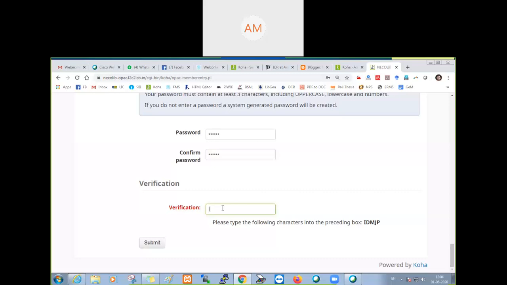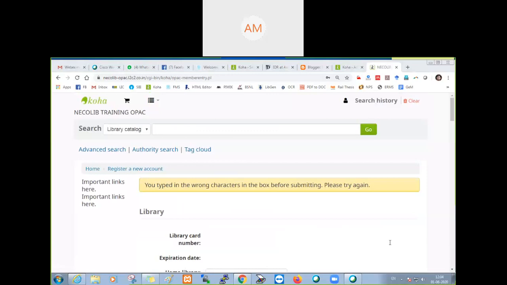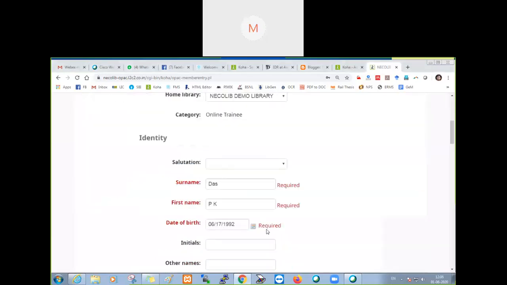Verification code. Submit. Anup asks about the password. The password is up to the user.